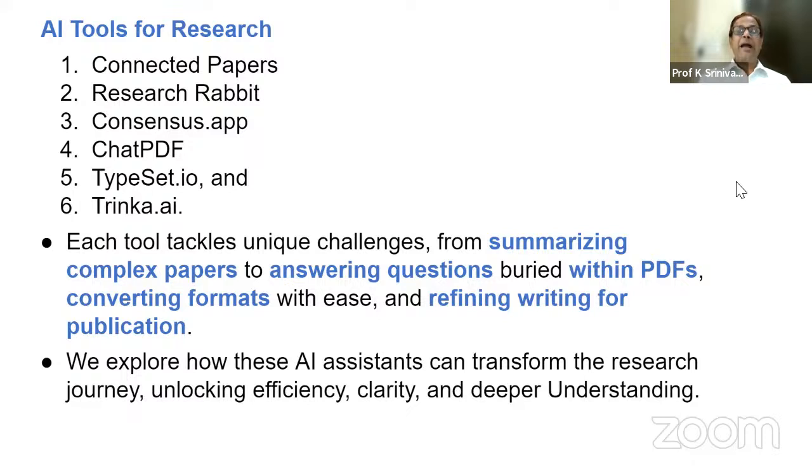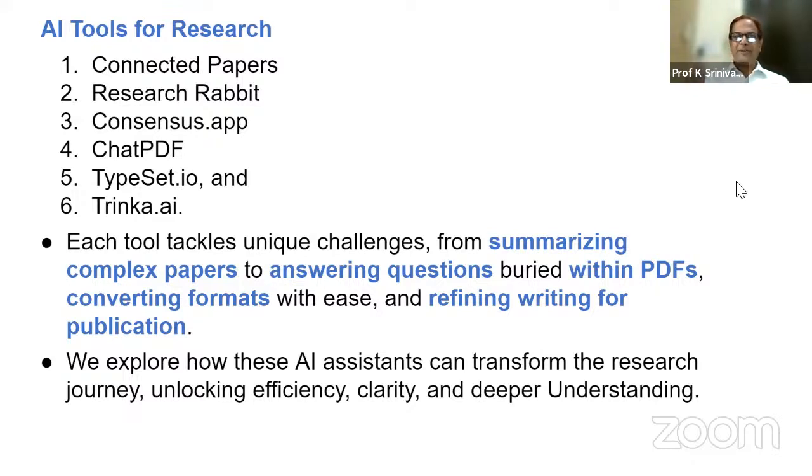विल बी फैसिलिटेटिंग एंड कन्वर्टिंग फॉर्मेट्स विद दीज, क्योंकि बहुत सारे फॉर्मेट्स हैं, कोई दूसरे लेवल की चीज फॉर्मेट्स है। सो दिस टूल्स आर कन्वर्टिंग द फॉर्मेट्स विद ईज एंड रिफाइनिंग राइटिंग फॉर पब्लिकेशन। ये बहुत इंपॉर्टेंट है आजकल तो, मतलब जो नेशनल पब्लिकेशन है, इंटरनेशनल पब्लिकेशन है, नेशनल जर्नल्स है, इंटरनेशनल जर्नल्स है, कॉन्फ्रेंसेस है, सेमिनार्स है। सो एंड रिफाइंड वे ऑफ प्रेजेंटिंग पब्लिकेशन इज वेरी वेरी इंपॉर्टेंट। सो ये टूल्स आपके लिए यही काम करेगा। इसके अलावा भी कई सारे ऑप्शंस है, बट मैं एग्जांपल के तौर पे ये चीज यहाँ लिख रखा था।